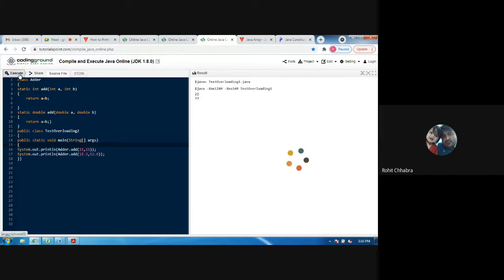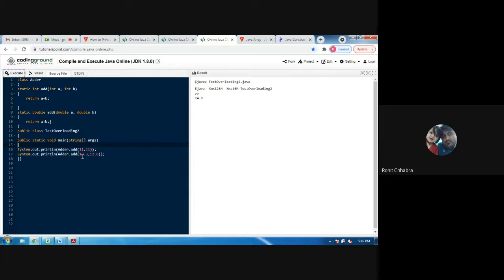In the second, we are passing 12.3 and 12.6 of double type. Then it will check the parameters and call the second method, which has return type double.